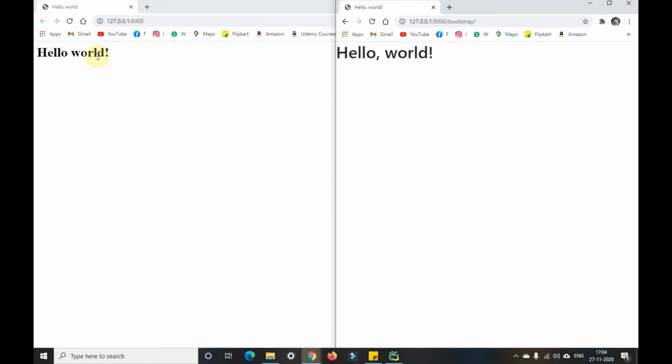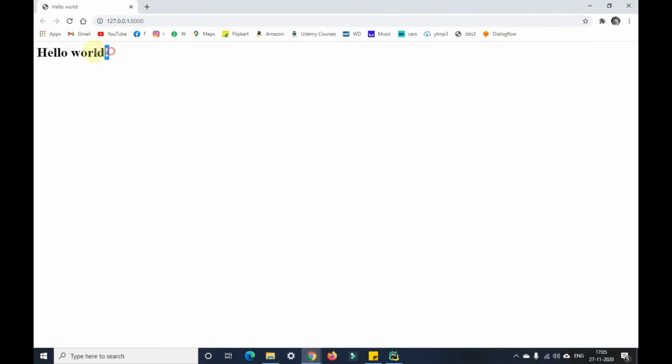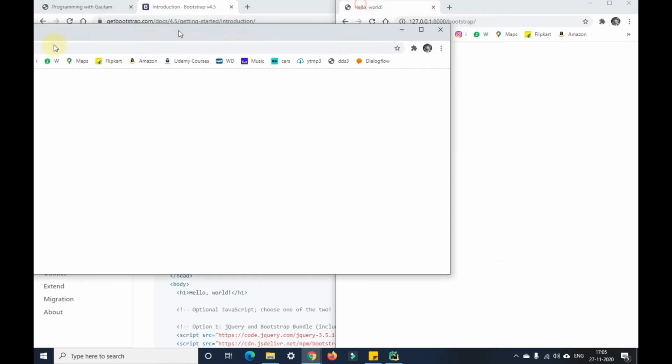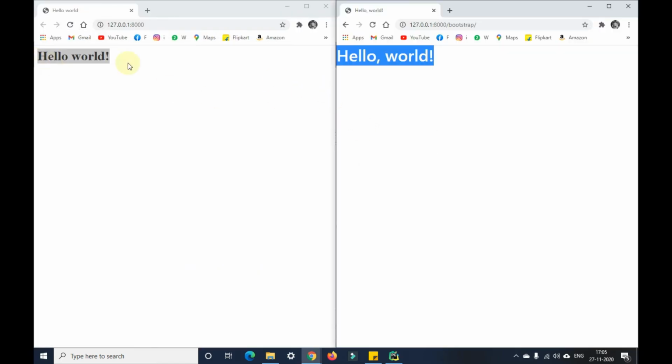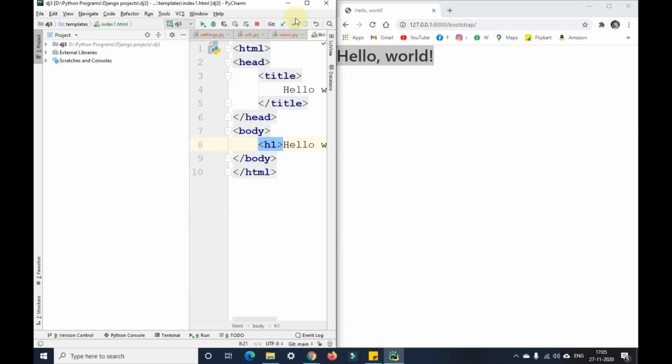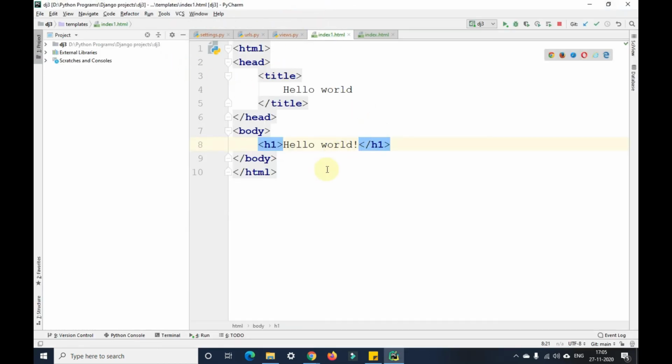See the style, the tag that is automatically available in Bootstrap. So the text format that is available, you can see hello world with a limited space, but here you can see there is too much of space here and all. Okay. So this is the difference between a normal code and a Bootstrap code. Similarly, we can also use some style tags, that is the CSS code and all, within this particular thing as well.